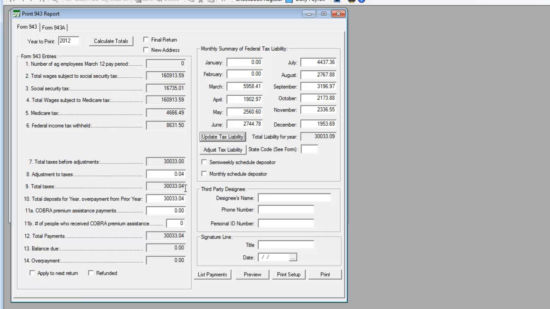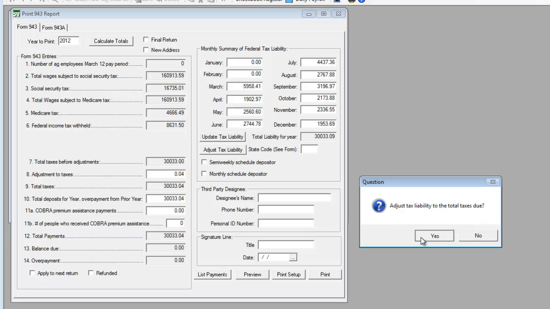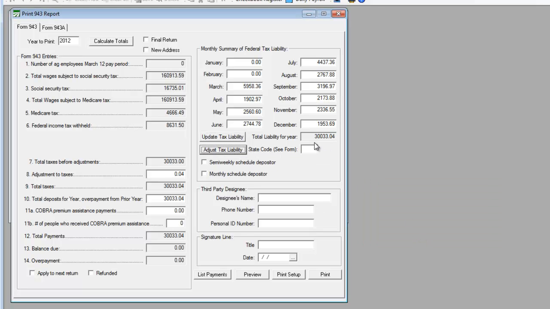We want this to balance with the total deposits for the year. And so the easiest way to adjust this is to simply click on the Adjust Tax Liability button, and the program will automatically adjust our liability to what was actually due. So now our tax liability for the year is